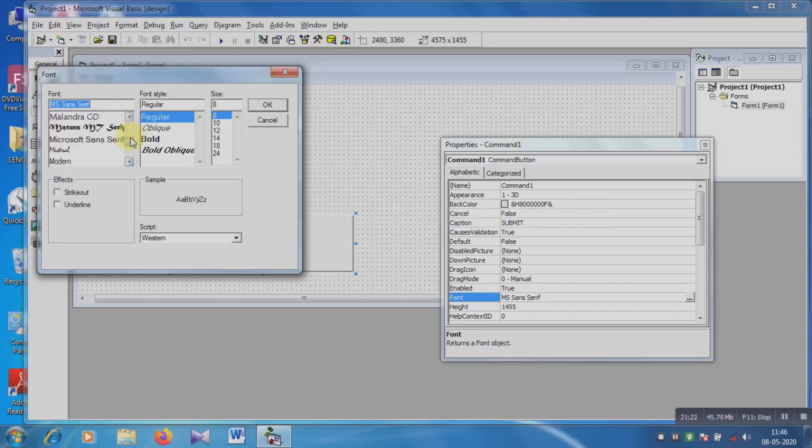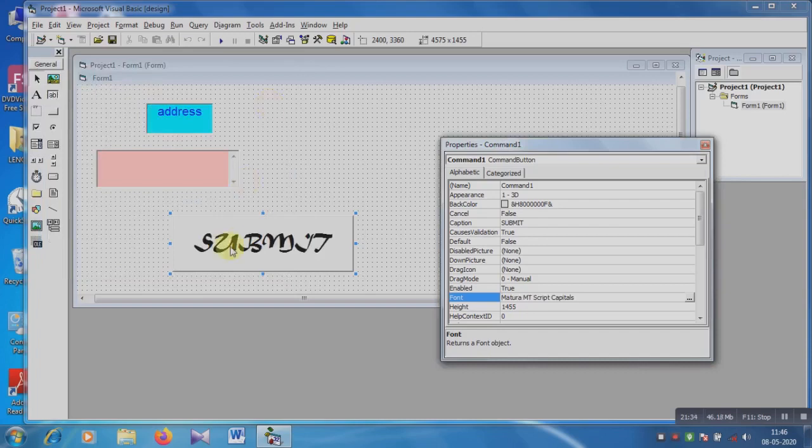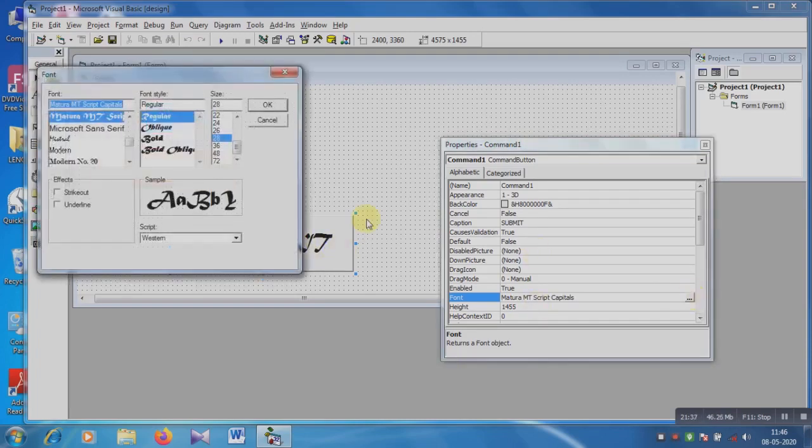I am choosing this option, and regular, font style and font type, suppose 828, and OK. See, submit is written here.